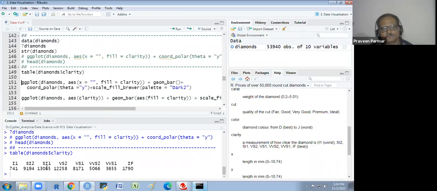This we have clarity. Okay. And we are getting the degree of all. The degree of this we get, and we see that degree in the pie chart. So I just run it. I will show you later on. I will explain.